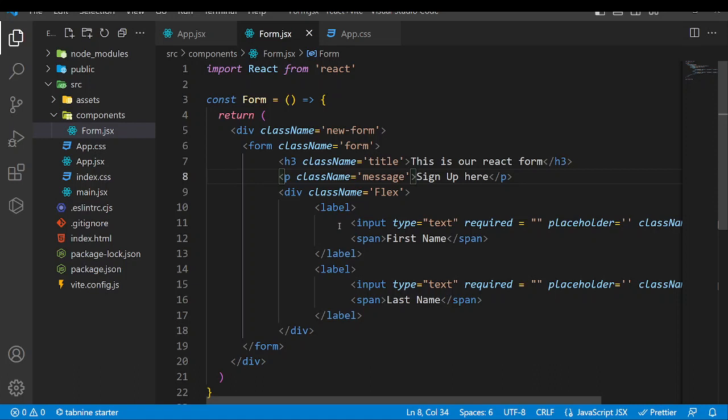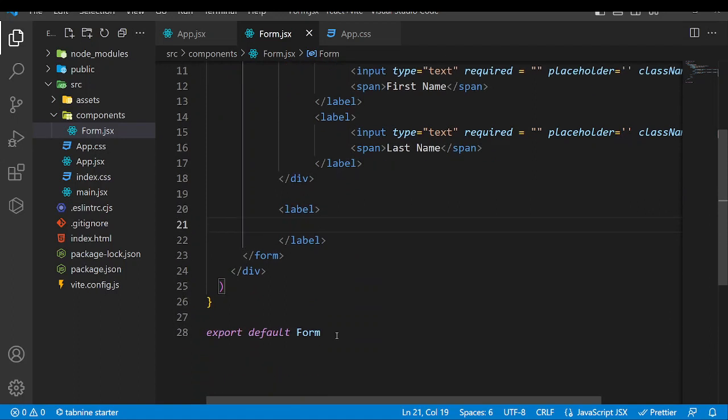So here I can type in another field. So after the div, I say another label, and here I say input, the type is not text but email. So we need an email,